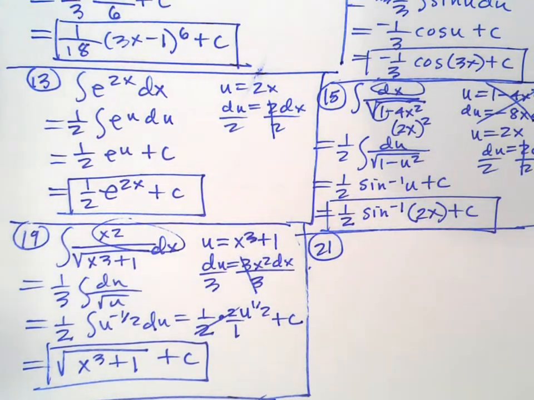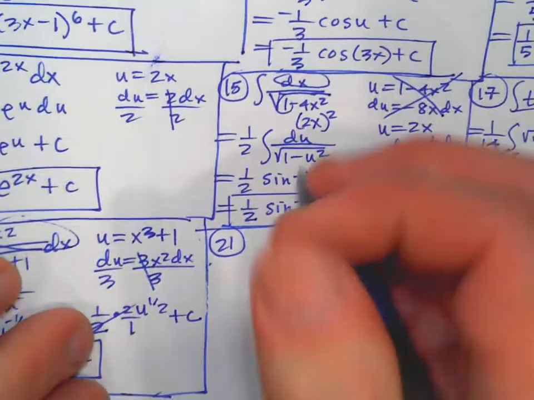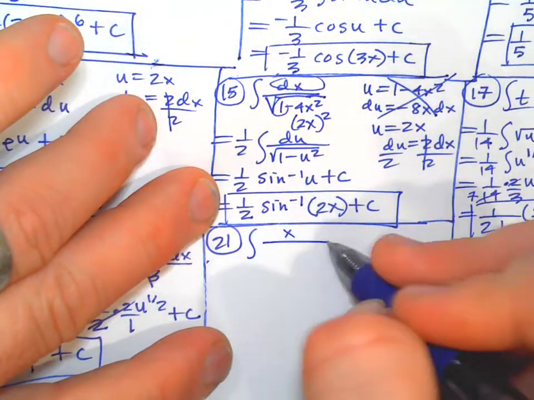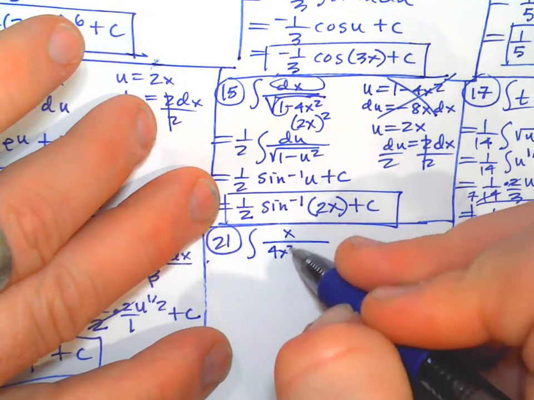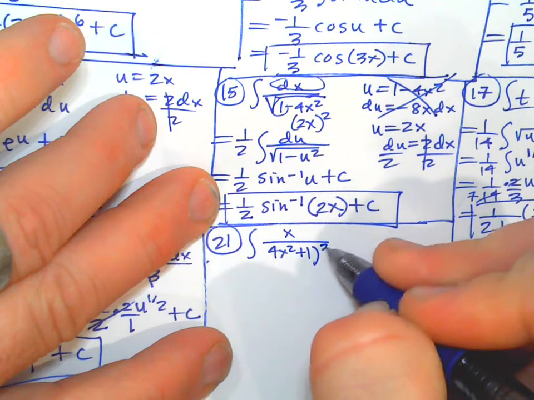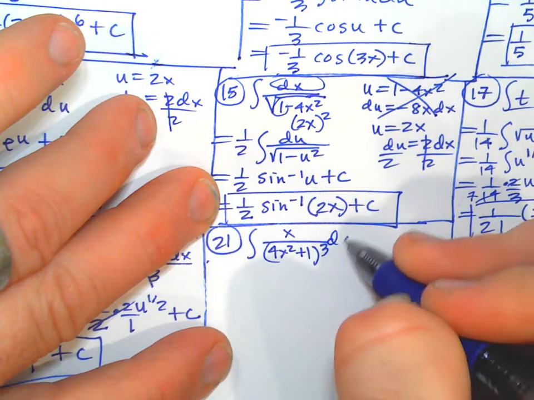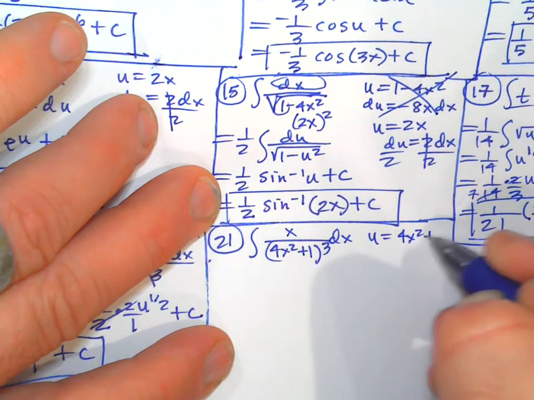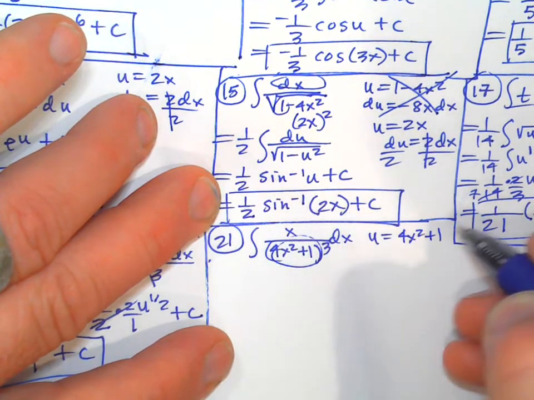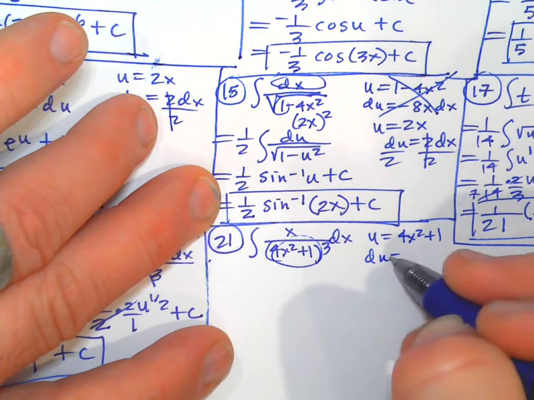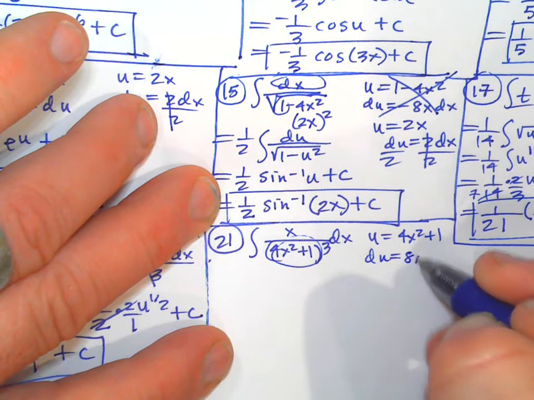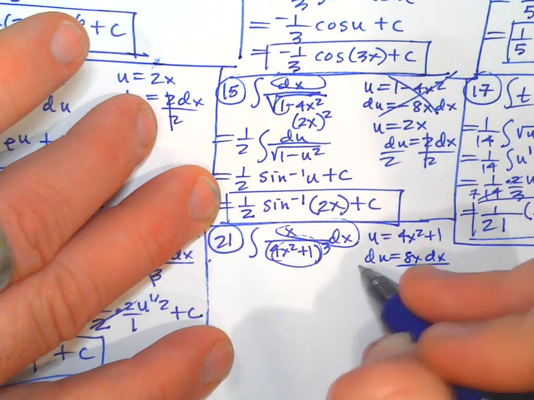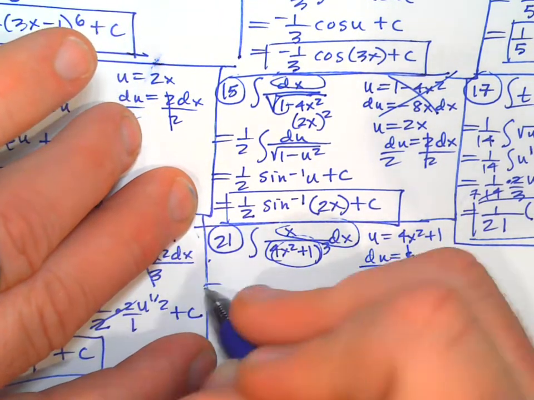All right, 21. 21 is x over (4x squared plus 1) cubed dx. Let's just try the denominator, 4x squared plus 1, just what's inside the denominator. du equals 8x dx. Perfect. I want x dx. Do you want the 8? It's an easy fix. 1/8